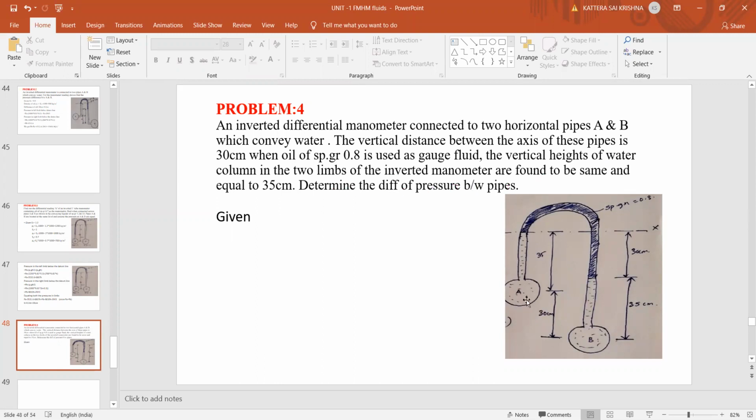So see here what he said: two pipes are at a distance of 30 centimeters like this. Axes are at the distance of 30 centimeters. The manometric fluid is 35 centimeters in this as well as 35 centimeters in this. So total, if you see from here to here, it is 35 plus 30, 65. And here he said it is 35, so remaining will be again 30 only. So that's why I have shown 30 here. In the exam, he won't give this 30. We need to find it by using these values. Total 65, already 35 gone because this level is same. Remaining will be 30. Right. So please copy the question and the diagram.